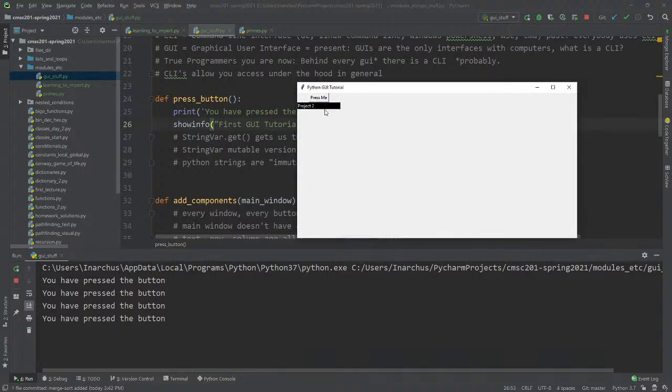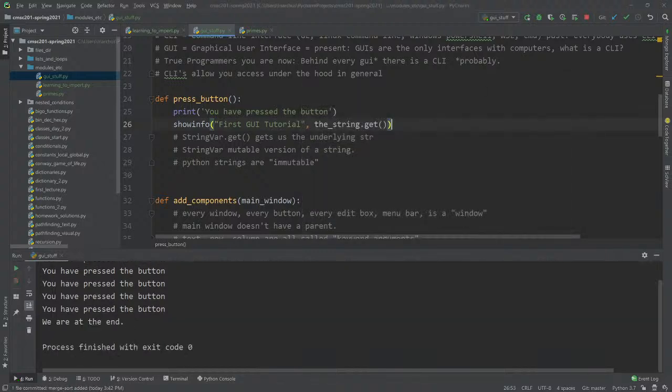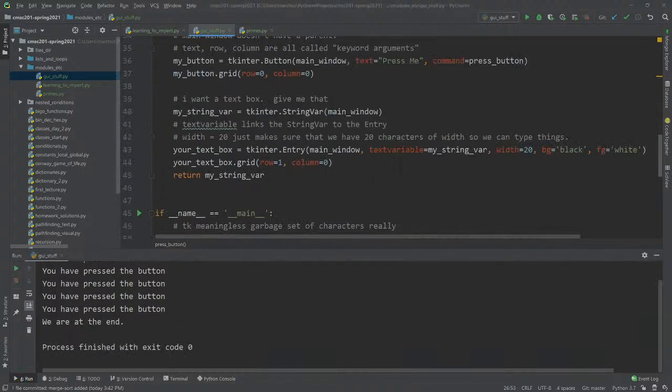Whenever you update the thing, you say, turtles all the way down. And so you click press me, and so now it's turtles all the way down. So, okay, that's a good introduction to modules, I think, and it's a good introduction to the basics of